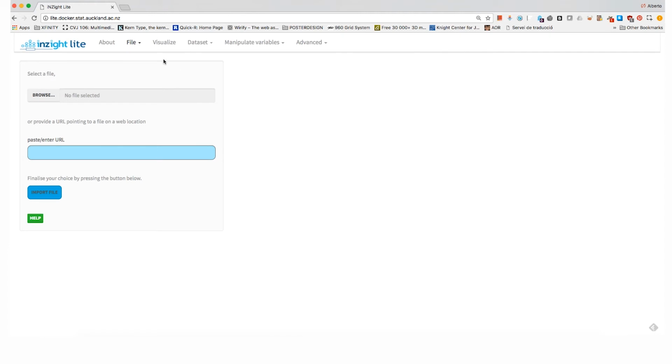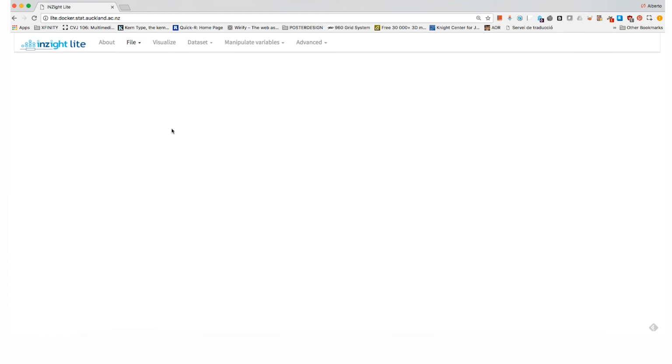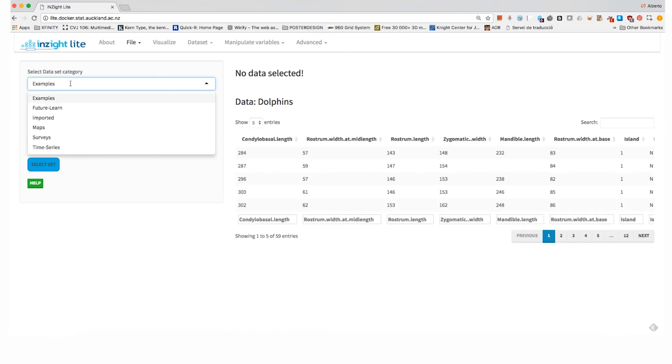Oh, before I do that, by the way, Insight comes from us with a series of dataset examples. So if you don't want to load any particular dataset, if you want to just practice with the tool without using any personal dataset, you can go to dataset examples, and here you have examples.